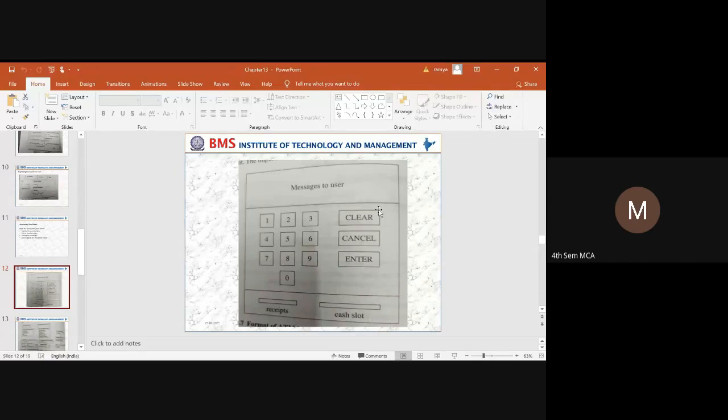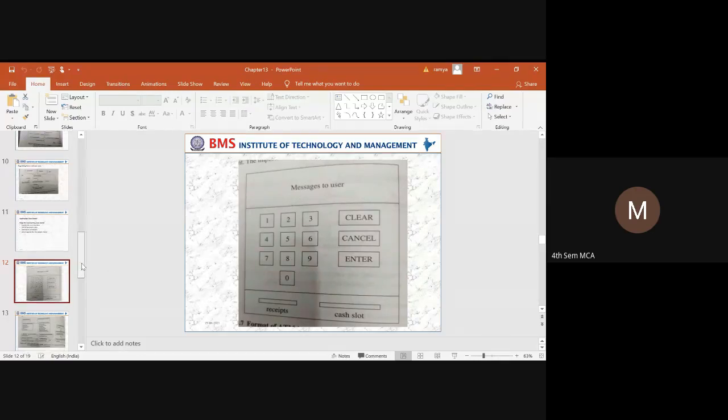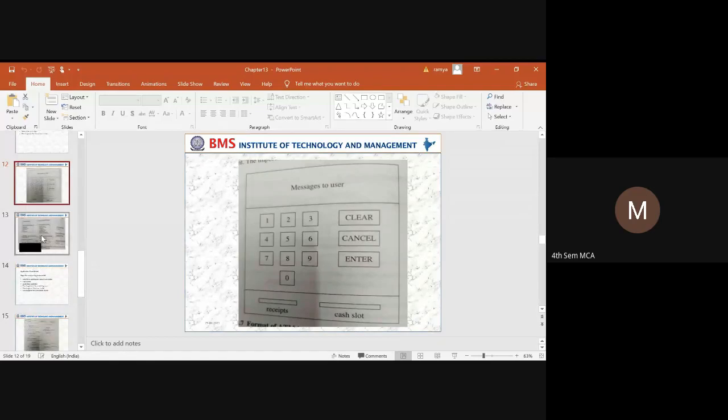This is the user interface of an ATM system. The numbers and the commands are provided here. There is a menu for collecting the receipt, and there is a place where the user can collect the cash. This is how the GUI looks for an ATM system.